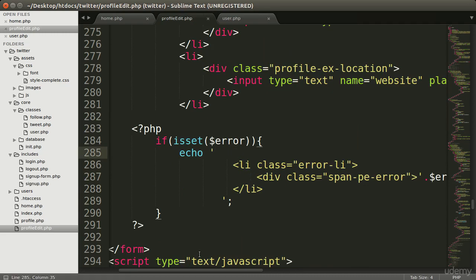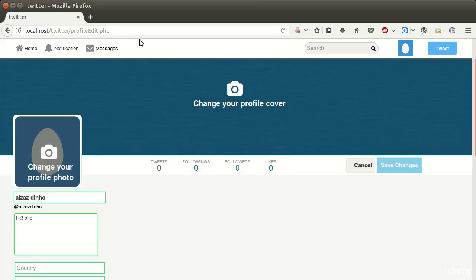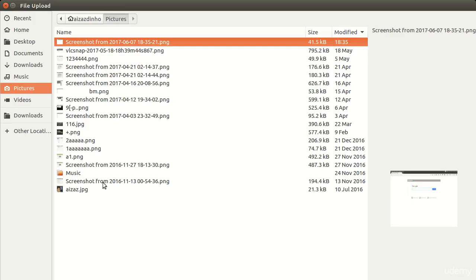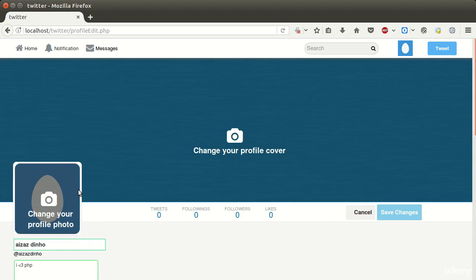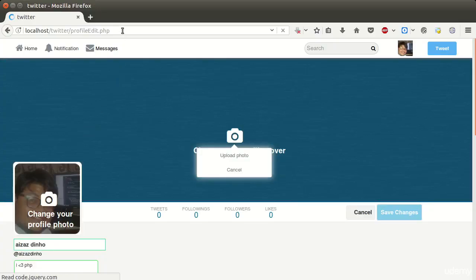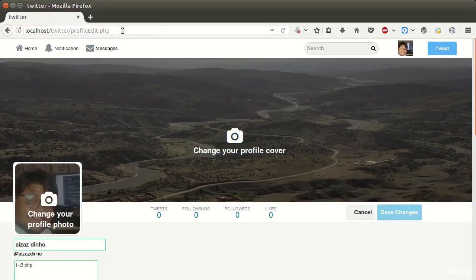So go to your edit profile page, refresh the page, and let's upload the profile image. Refresh the page. Now it's clearly the profile image. Let's change the cover. Refresh the page. Perfect. Now to set the redirection to redirect the user when the user uploads the image or profile cover,